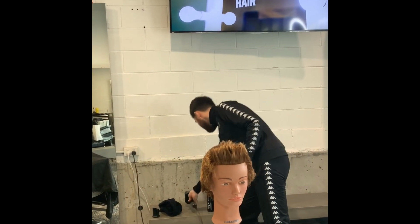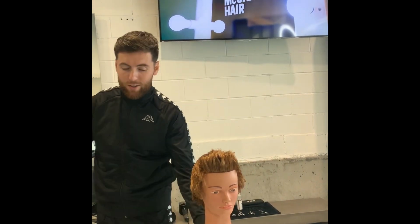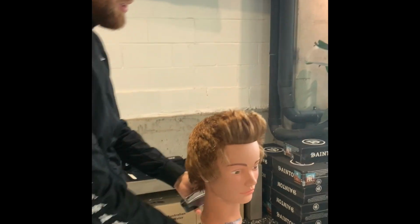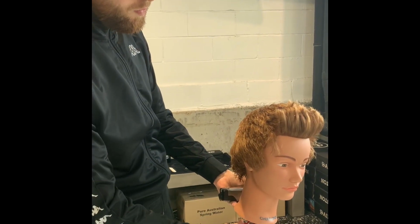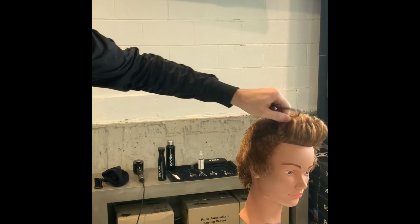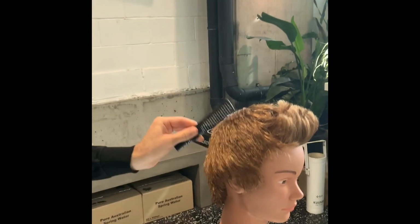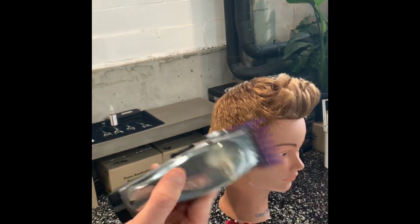Okay, so here we are on the shop floor, roughly about 15 minutes or so into our haircut, maybe 20 if it's a restyle of a 45-minute appointment. And what I'm going to do is comb the hair into the position in which I cut it. I'm going to take my number 3